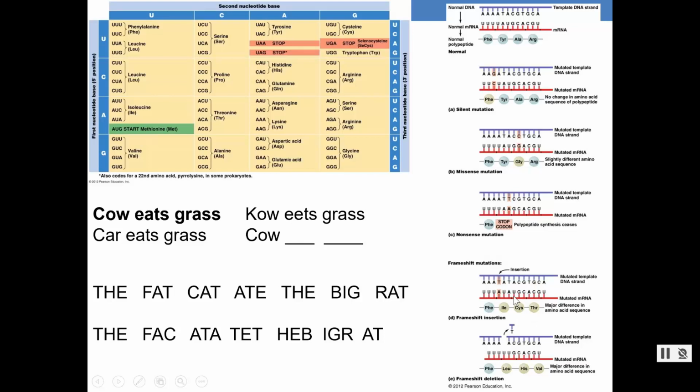Either an insertion or a deletion will cause a frame shift, and it means that every amino acid read after this is going to be off by a nucleotide, and then you're going to end up with a completely different protein. These also give rise to issues or a change in phenotype, because not only did you not make the correct protein, but you made this weird protein that who knows what it's going to do. So not only are you missing the correct protein, but you've made some strange protein that could interfere. So insertions and deletions give rise to frame shift